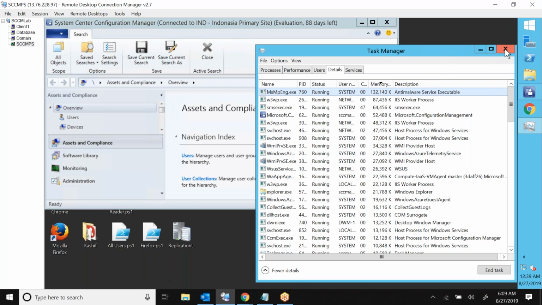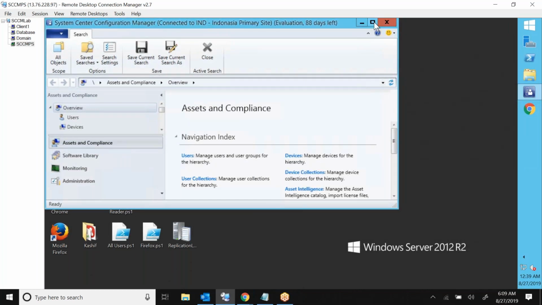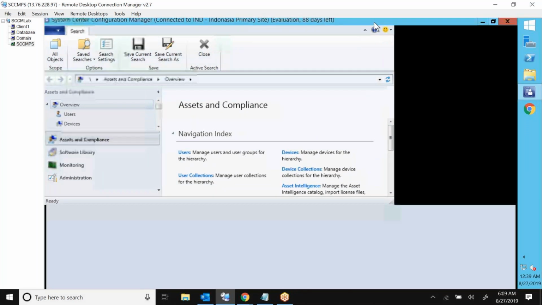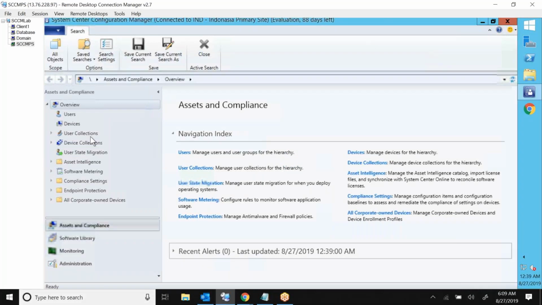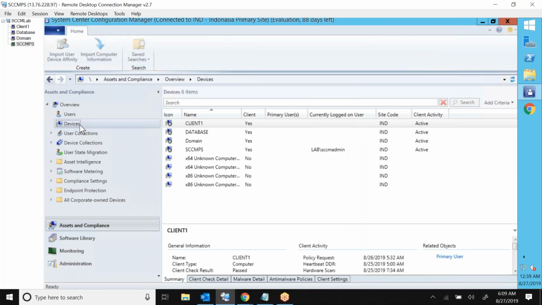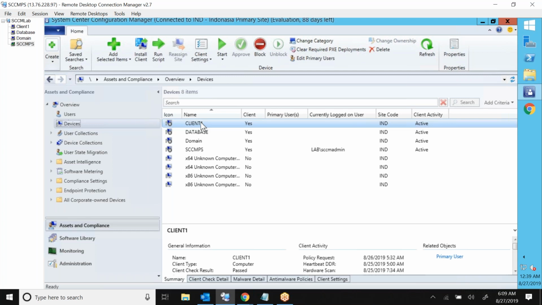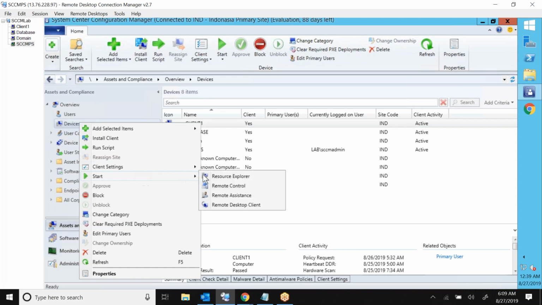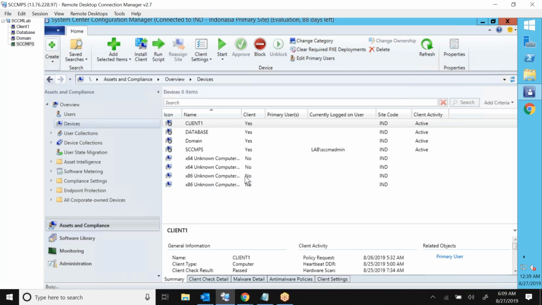Okay guys, so I'll just launch this console. Now inside this console, you need to go to Assets and Compliance, right? And inside Assets and Compliance, we have to go to Devices, because all our system resources are present here in this Devices section. Now in order to find out the information on any computer, you need to right click and choose Start and choose Resource Explorer,